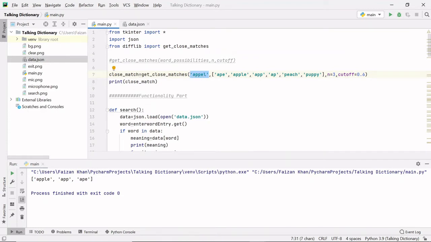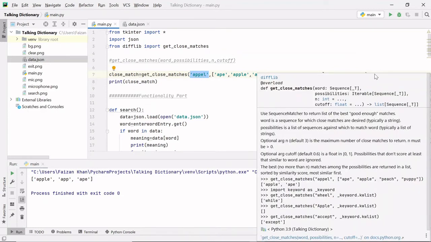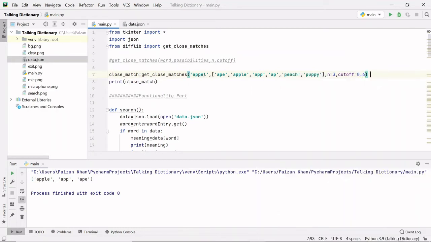Now what is this cutoff? This cutoff value lies between 0.0 and 1.0. Let me put it in a comment. It takes float values.